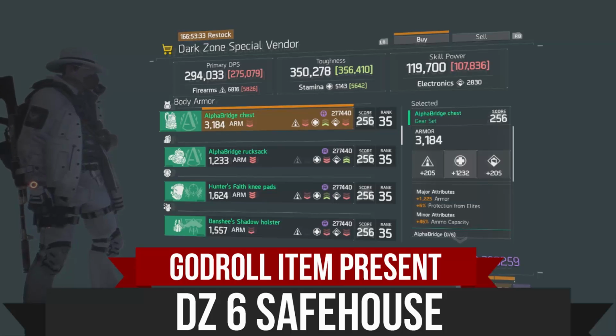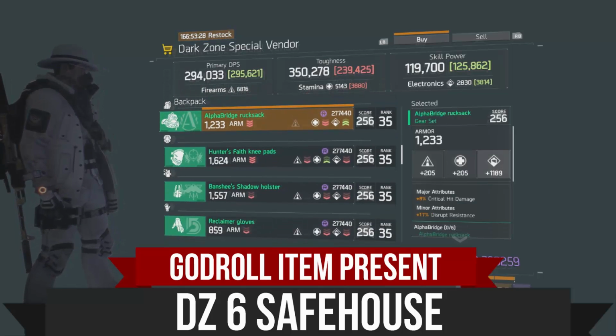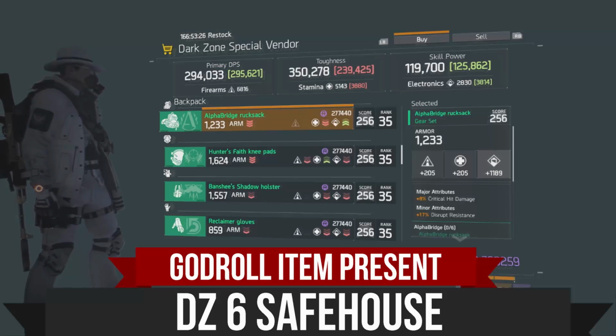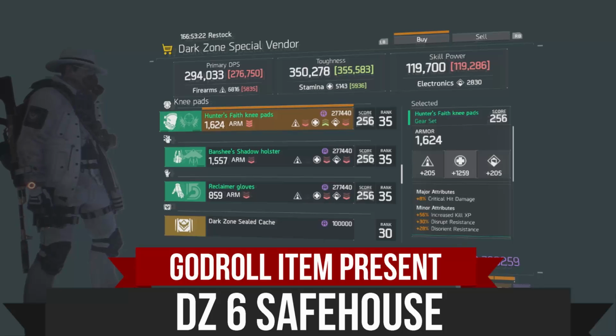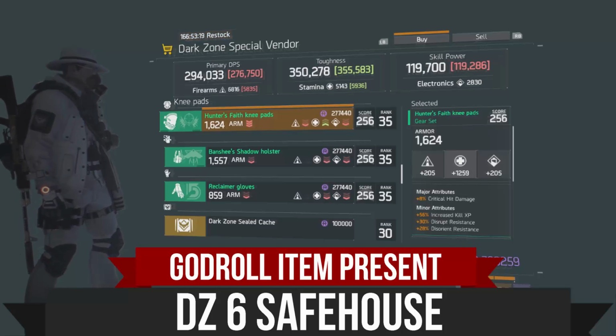You could re-roll the stamina to some other main stat. This is another GODRolled item. This Alpha Bridge rucksack, not very well rolled at all. No ammo capacity, no armor, and bad electronics. Hunter's Faith knee pads, no enemy armor damage. Otherwise, I would classify them as a GODRoll, but it is a good pickup if you are trying to build